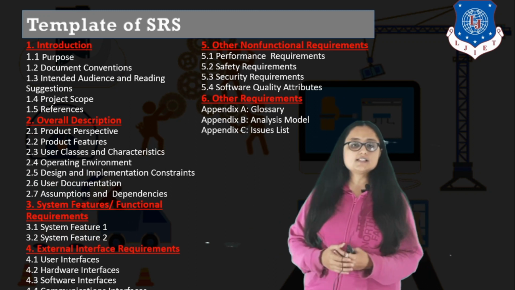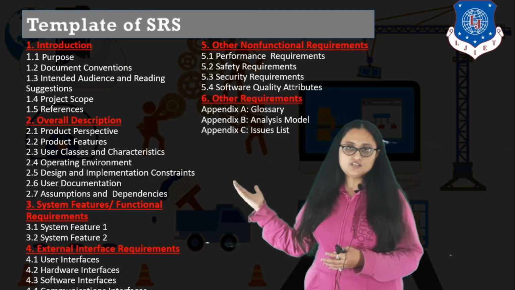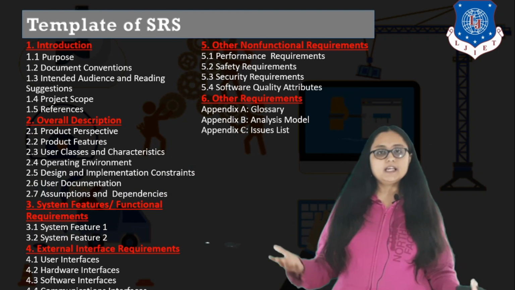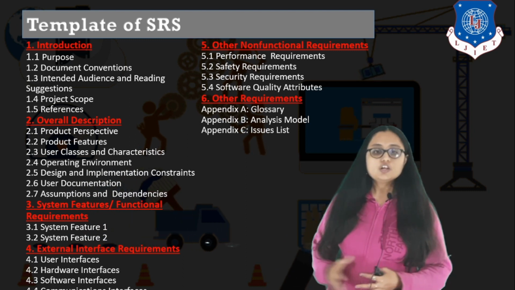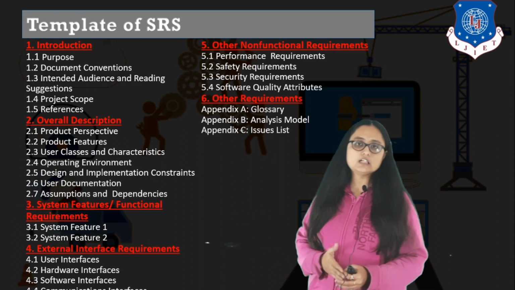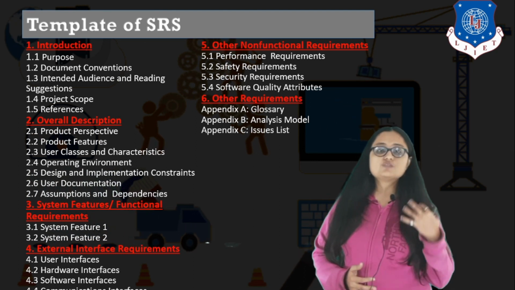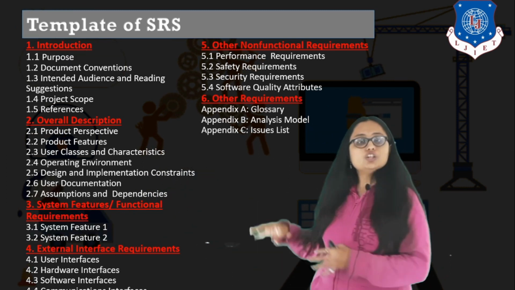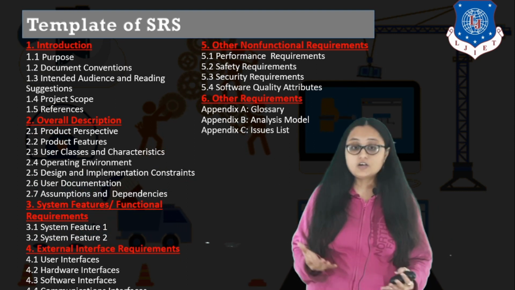The next is system features and functionality. In the overall description you may have listed the functionalities and features. In the system features you are actually elaborating all the functionalities via different diagrams, right? So that is the refinement. System feature 1, system feature 2, it means you can use different diagrams for detailing the functionalities. The next is external interface requirements. There may be some user interfaces which are required, and some hardware and software interfaces. You may specify all the interface requirements as well as the development environment requirements over here.